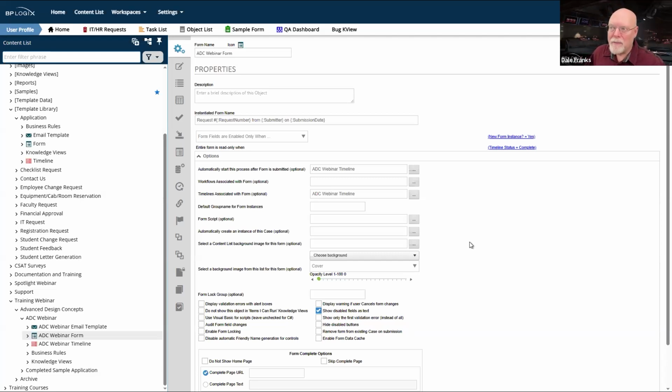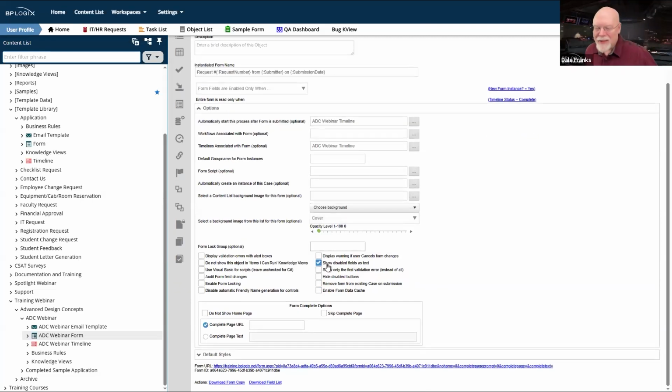So realistically, it's been 7 years since word-based forms were even viable. And it's been 3 years since ActiveX and Internet Explorer went completely end of life for Microsoft. So for the last 3 years, there's been no support for that at all from Microsoft, the people who created the technology. Nobody's even been able to build word-based forms, as far as I know, for at least 3 or 4 years. So we're finally, 3 years later, getting rid of word-based forms too. So we're being as flexible, I think, as we can be. Okay, so I hope that answered your question, even though it was a very long answer.